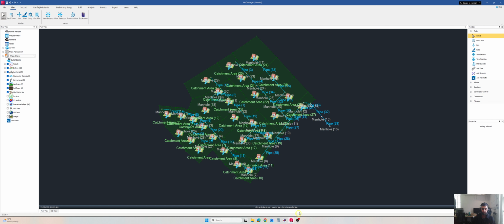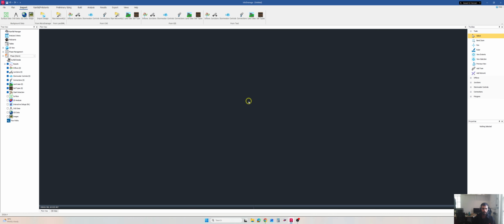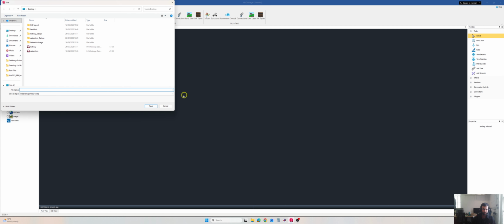So first I'm just again going to create my new drawing, and from here I can see the import. You can see import, and here I have the other information, so I will just go for the import design. It says the current data has not been saved. So first of all I have to save it. I will just name it